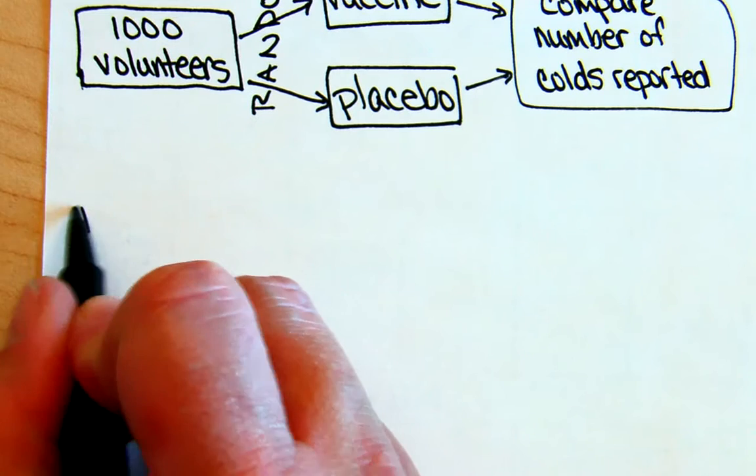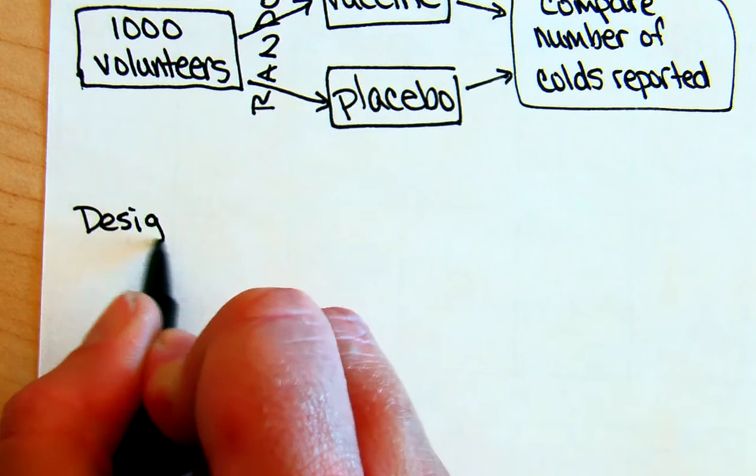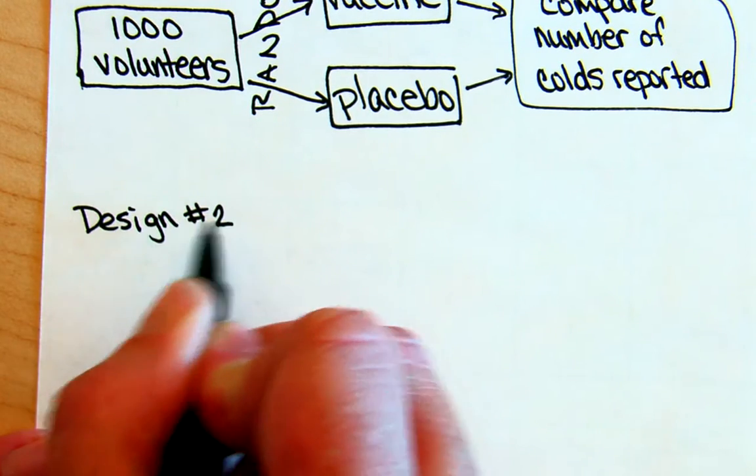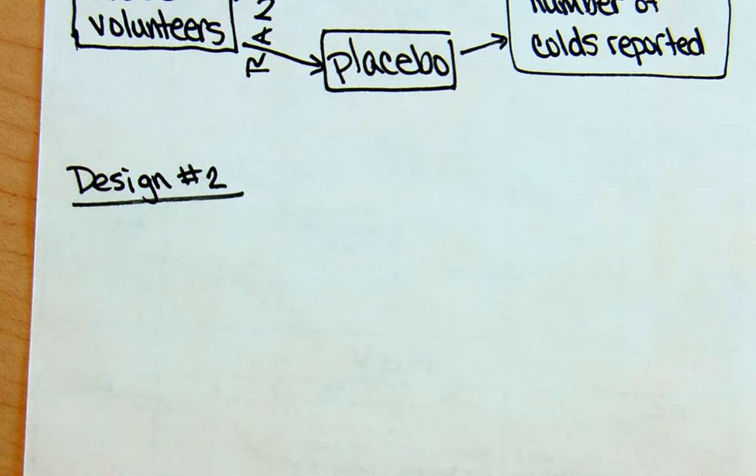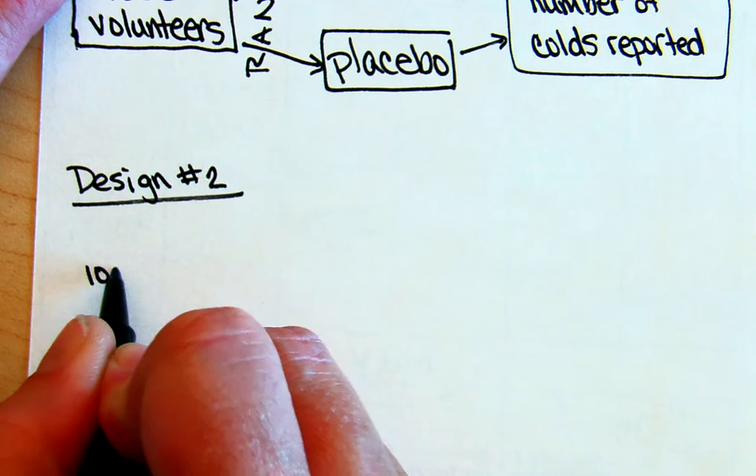For design number 2, is randomized blocks. So now they think there could be a difference. So you'll see here it says they decided to separate the participants based on gender because it is known that men and women react differently to medication. So they're going to tell you something like that if you're supposed to block. So we're going to take those 1,000 volunteers